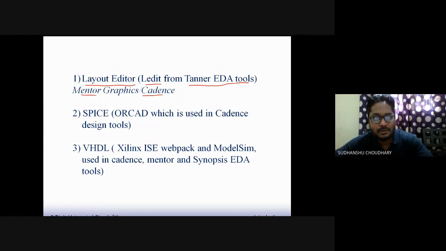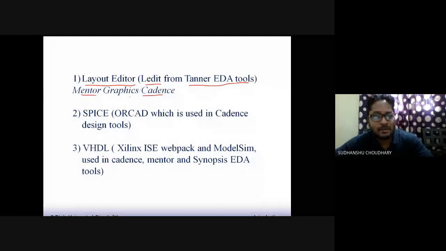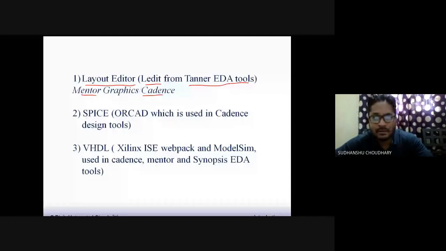All these tools, Cadence and Mentor Graphics, also use a similar layout editor tool to L-Edit. These are in our lab. We have purchased them, but unfortunately the lab will not be accessible to you this semester, I hope, because the institute is not open yet. Anyhow, you will utilize this layout editor, a student version copy of which I will share with you. You will draw your layout on this software, L-Edit.